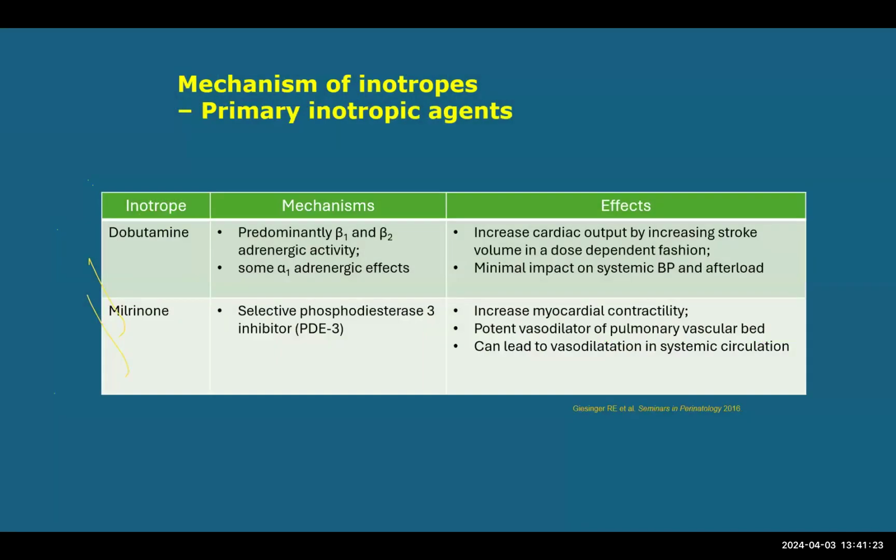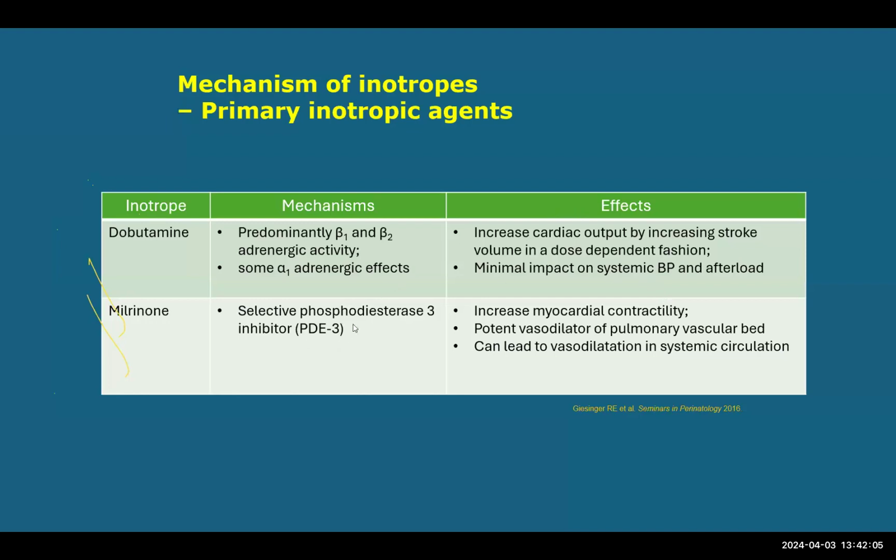I'll just go through a few slides of the basic stuff that you are probably already pretty familiar with, and then we'll go back to our scenarios. For those with pretty poor myocardial dysfunction, sometimes we'll use dobutamine, which acts basically on the beta receptors. It's a very good medication. It will increase the cardiac output, and maybe increase the stroke volume in a dose-dependent fashion. I say maybe because of the preterm infants, but it will usually increase at least the heart rate and the cardiac output. It has a minimal impact in general on the pulmonary pressure and also the afterload.